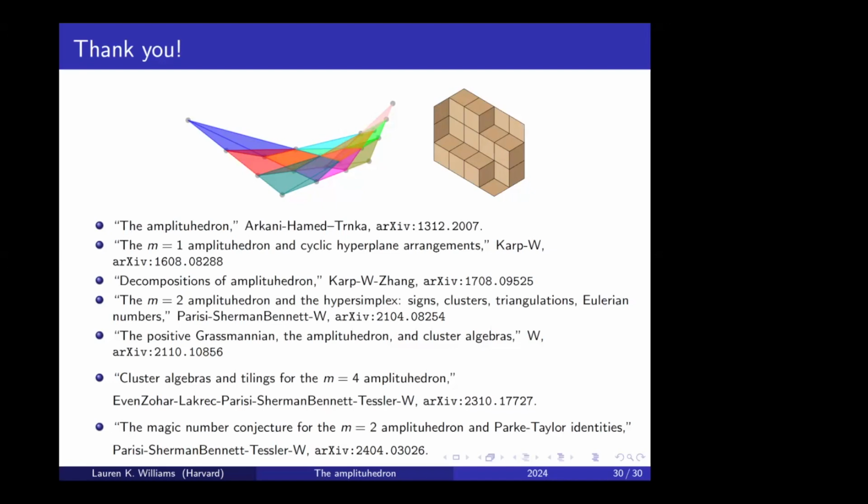Already for m equals 4, the fact that you get Narayana numbers, and the fact that we know that Narayana numbers, in addition to having these cool symmetries that you talked about, at least some of which are obvious, like the parity one,